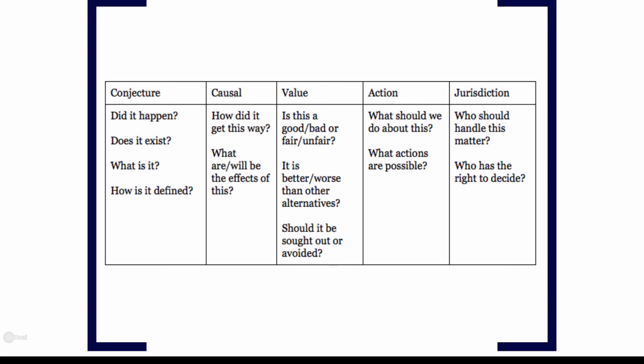Use stasis theory as a tool to invent important questions about your topic. This will allow you to go back to the ongoing conversations and see what other people are saying. Maybe most people agree on the basics, the conjecture question, the fundamental questions, but they disagree on the causes and consequences. If so, if that's where you find the disagreement, that's your stasis, causal. That's where you should focus your attention. Focus your attention on the first stasis where you find lots of disagreement. That's what will lead you to an interesting, relevant, exigent research journey.